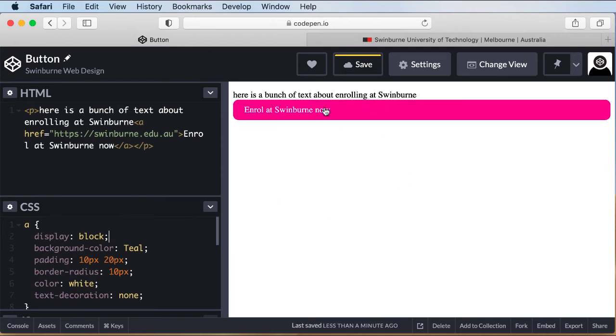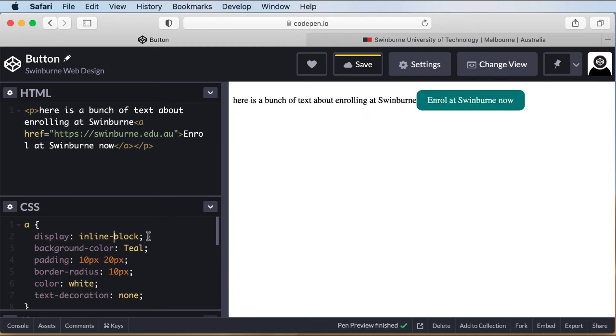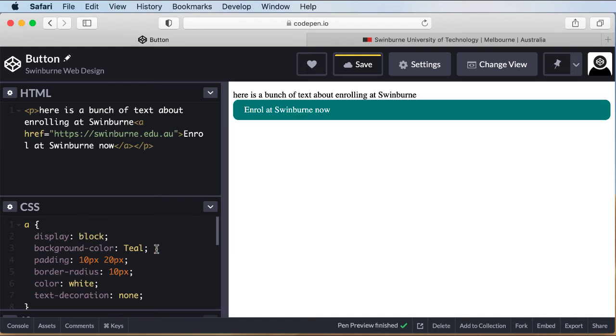Okay. And now we have the problem that it is way too wide. I'm just going to test something. Inline block. That's not what we want. No, so we need block. So the problem here is that either the element is inline, in which case there's no line break before and after, or it's a block, it has a line break before and after, but then by default it is 100%